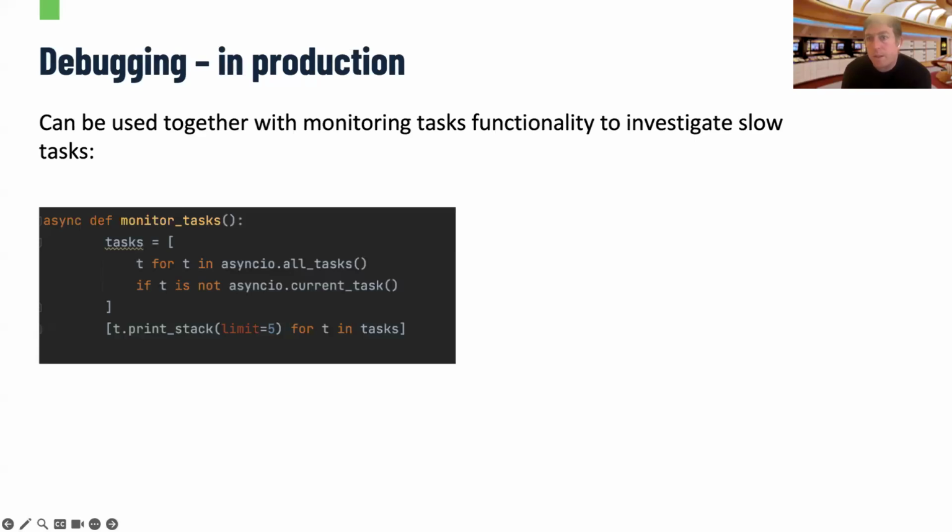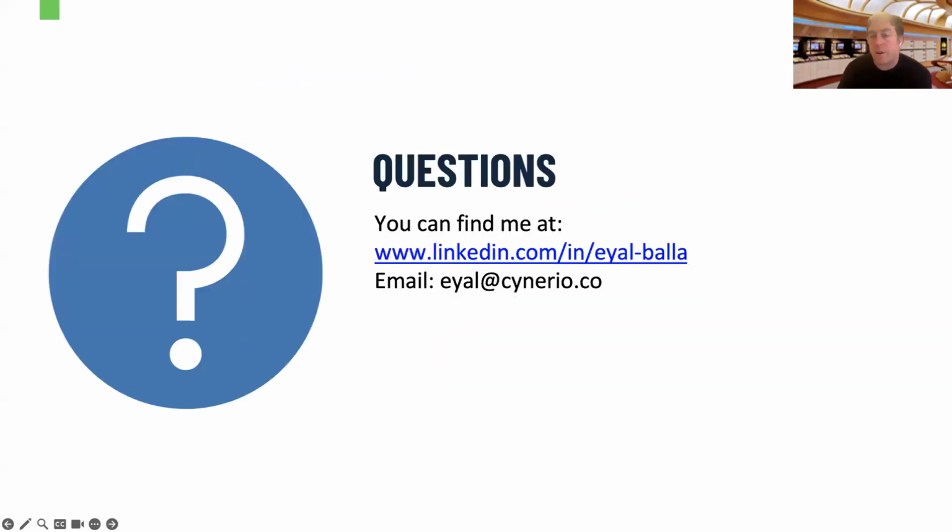So this is a way to query all the tasks that are running in async IO. Oh, all right. And also, there's a library I did not talk about here, and it's called AIO Monitor. So you can look into that too. It's very nice. All right, cool. Because you talked about the timing, so I didn't know if there are other concerns, but AIO Monitor, that's cool. We'll check it. Thank you.